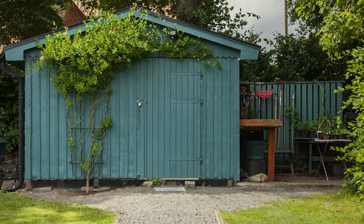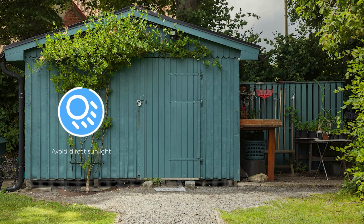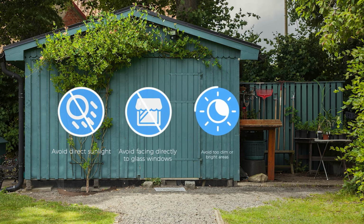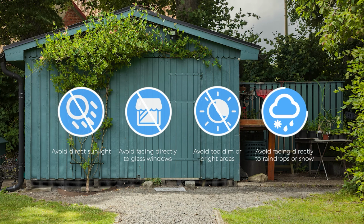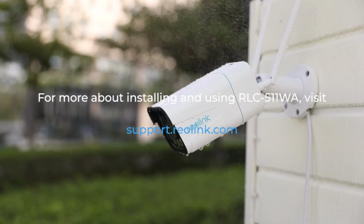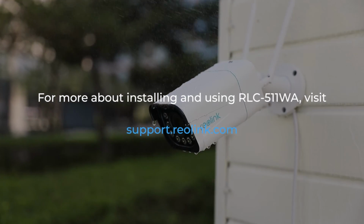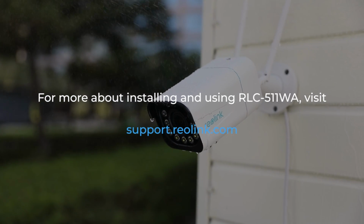For a better image or video performance, please avoid facing the RLC-511WA directly to sunlight or glass windows. Also, avoid mounting it in places where are too dim or too bright, or where rain or snow can hit the camera lens directly. For more about installing and using Reolink RLC-511WA person and vehicle detection camera with spotlight, visit